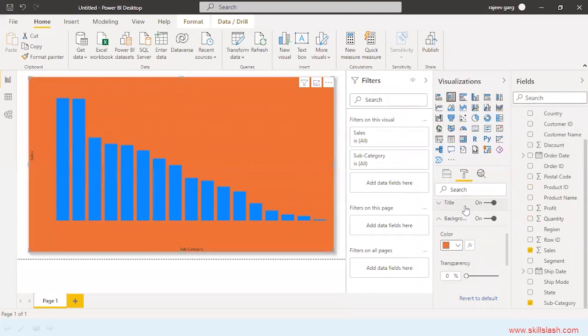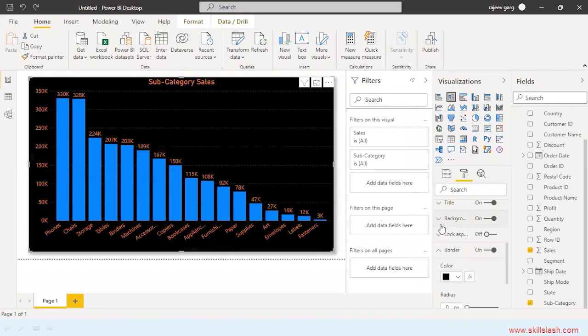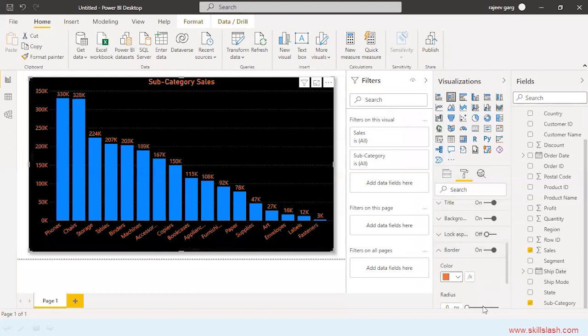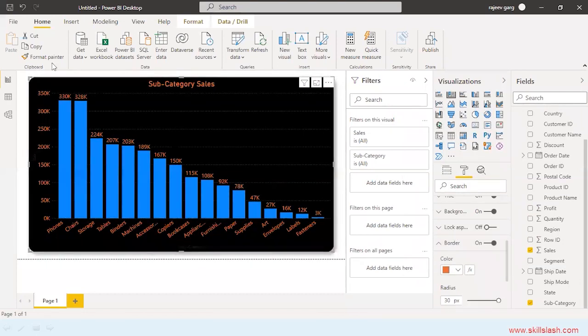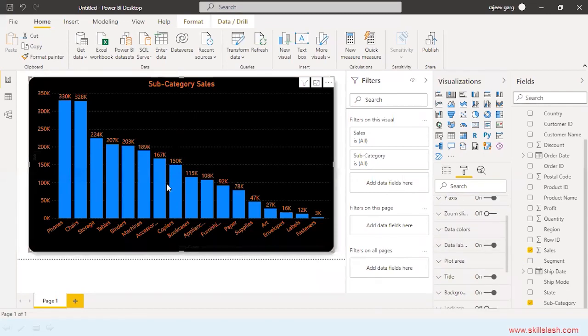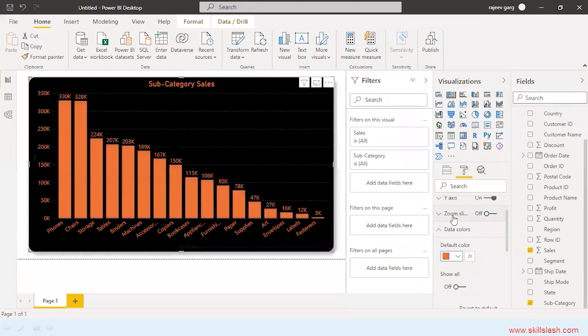And in the radius, I can make it a rounded corner. You can see it has become a rounded corner over here. And all right, if you want to change the color of the bar, you have that option called data colors and make it this. So it has been changed.